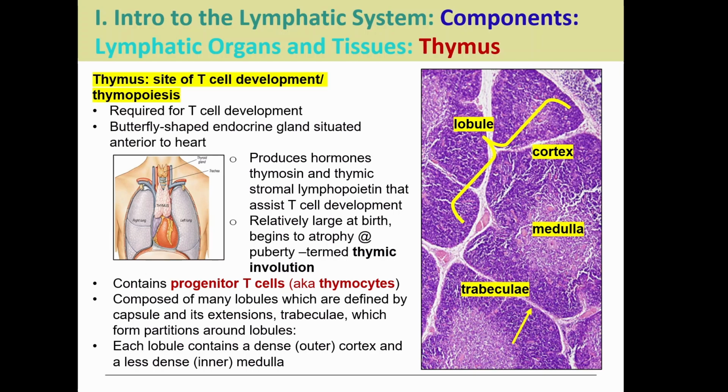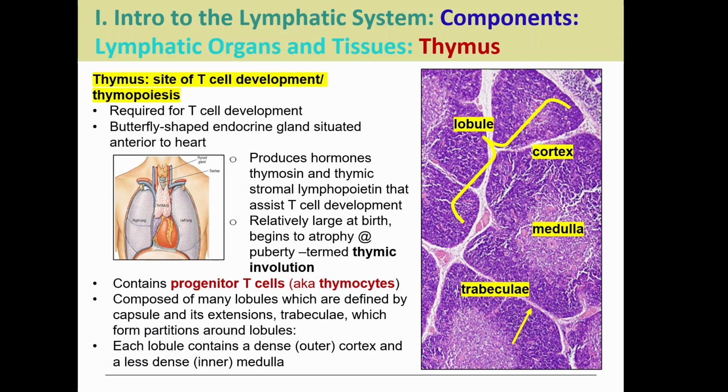And the thymus is kind of interesting. It's kind of strange in that your thymus is very large when you are born, but as you get older, as you reach adulthood, it actually starts to shrink. This is what's called thymic involution, where we are shrinking down as we get older. So it's really large and active when you're young, and then again, it gets smaller over time.